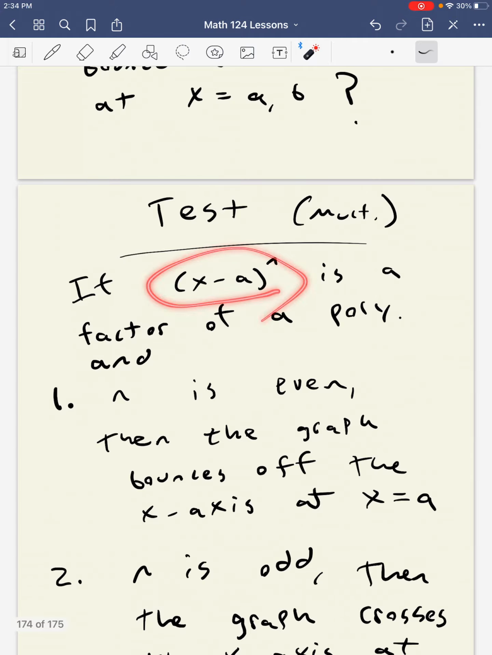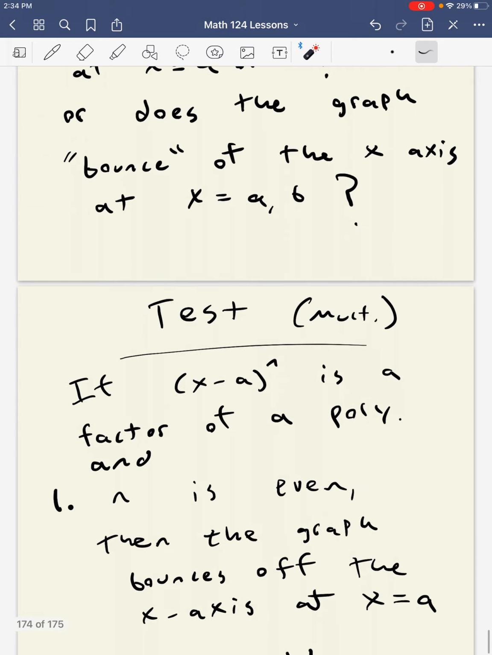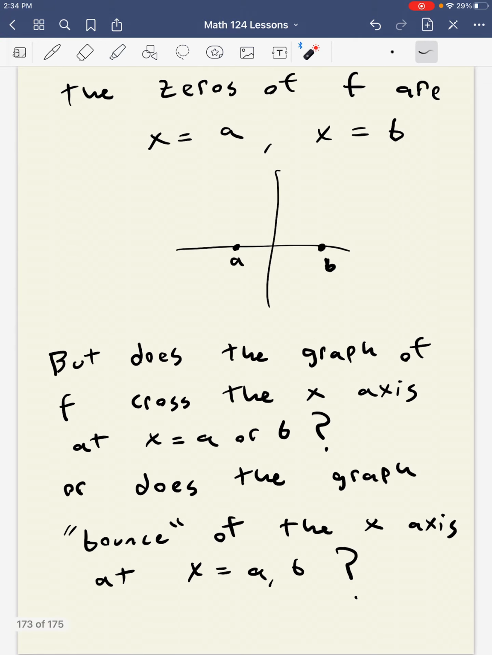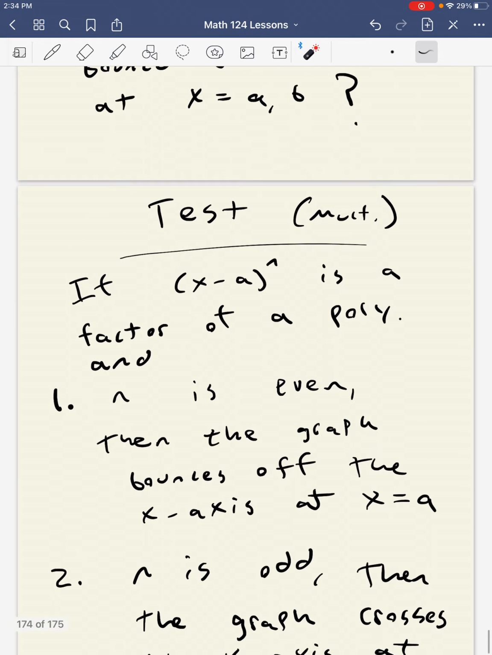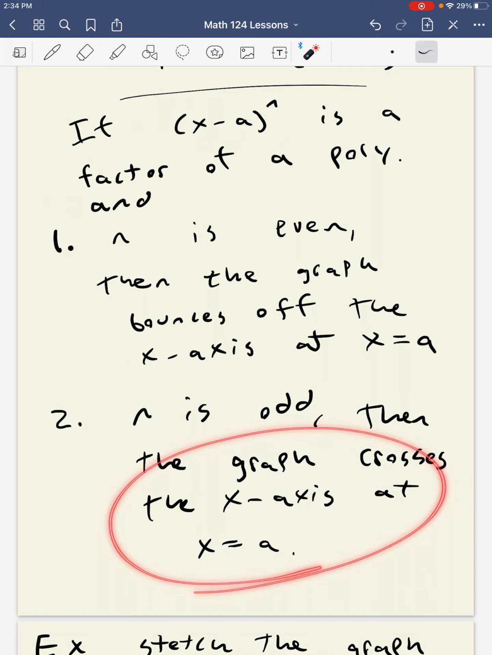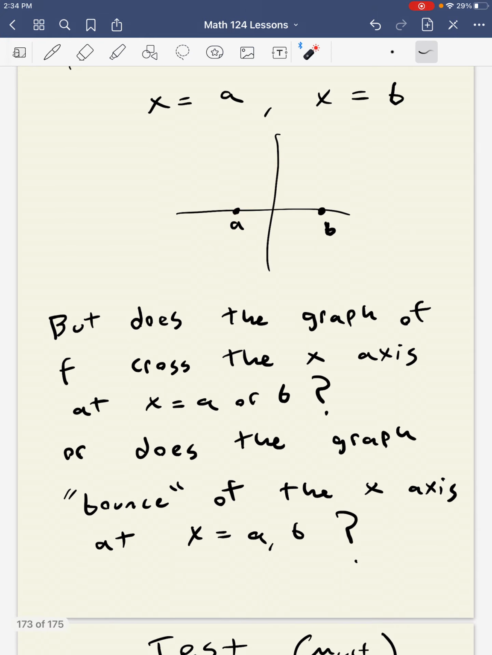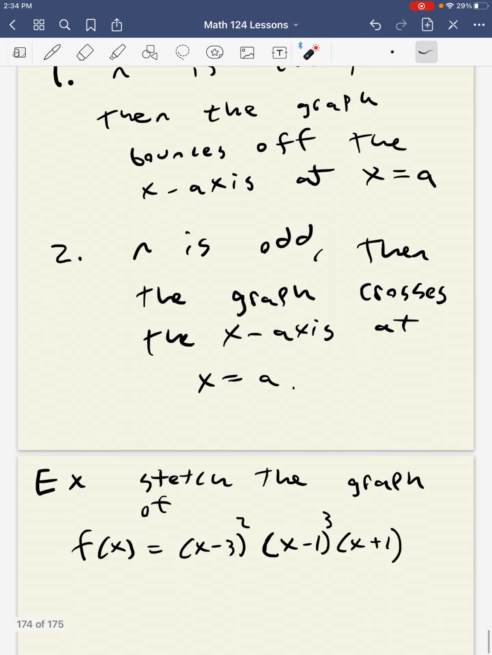So let's just consider one of these terms here, x minus a to the n. So n is the multiplicity. If the multiplicity n is even, then the graph bounces off the x-axis. So if we have an even multiplicity, the graph will bounce off the axis there. If the multiplicity is odd, then the graph does cross through the x-axis. So if we have an odd multiplicity, the graph will go through. Okay, so